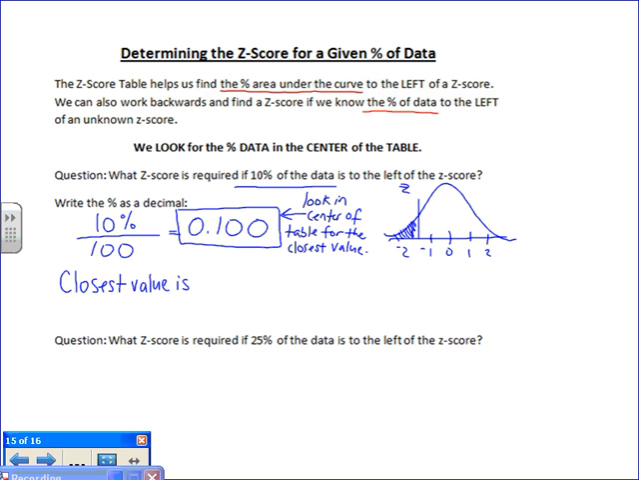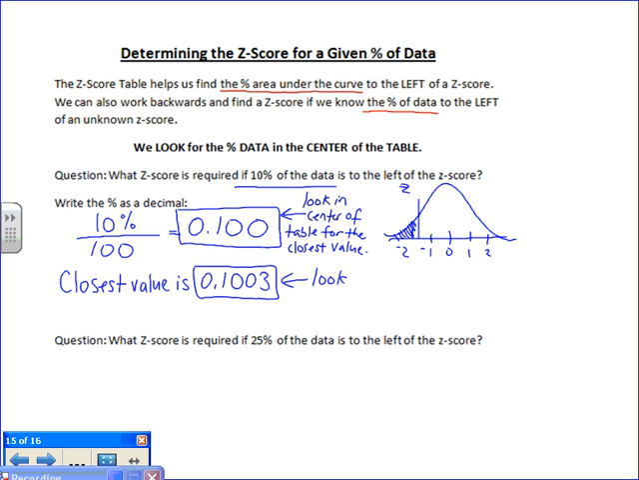The closest value that we can find is going to be 0.1003. That's the closest value that I can find to my value here, 0.100. Well, that's pretty darn close, and so that will give me a pretty accurate z-score. So now I'm going to put my finger on that value, and I'm going to look